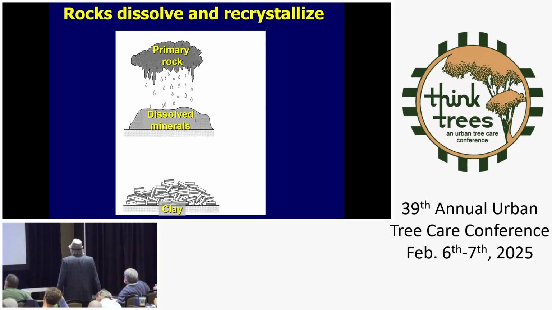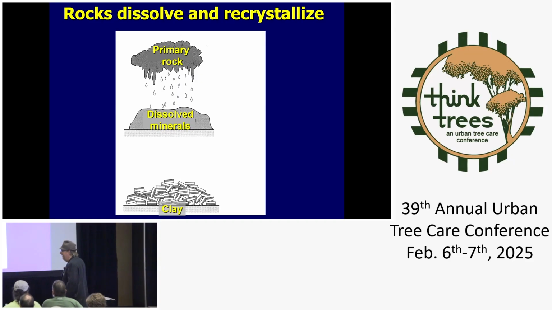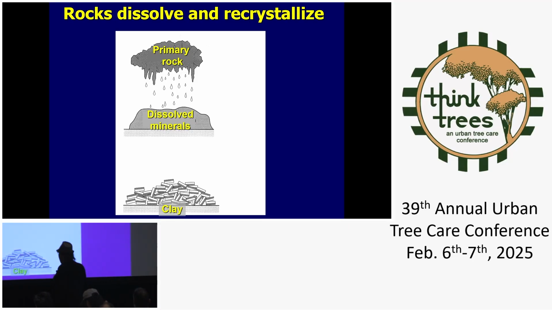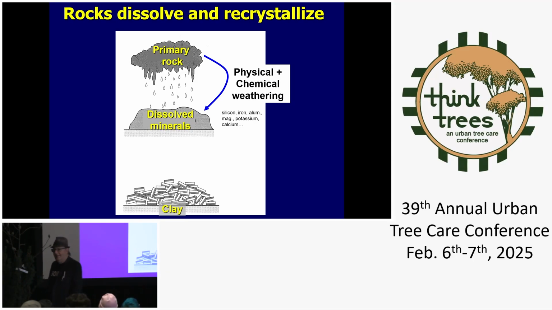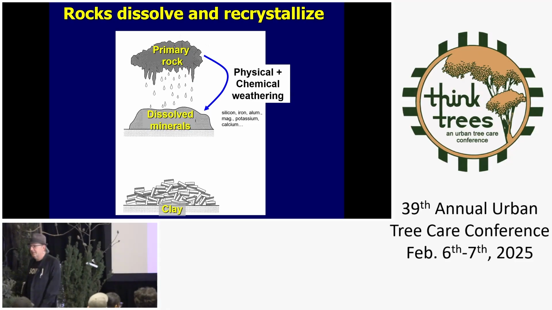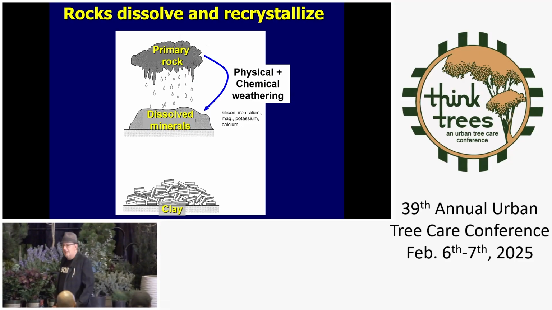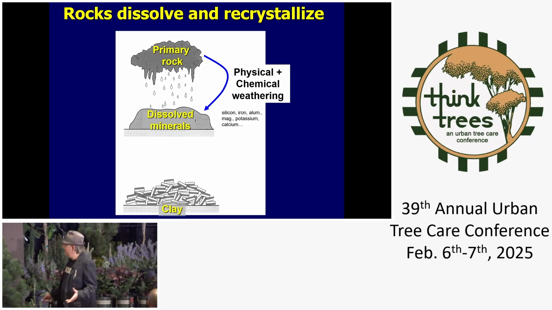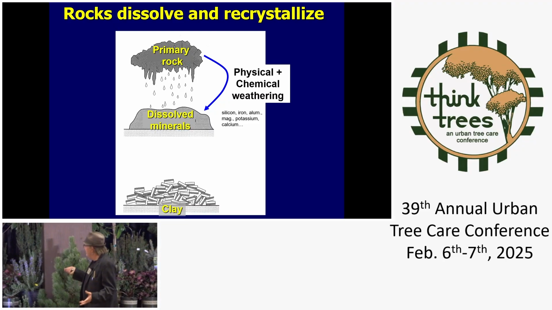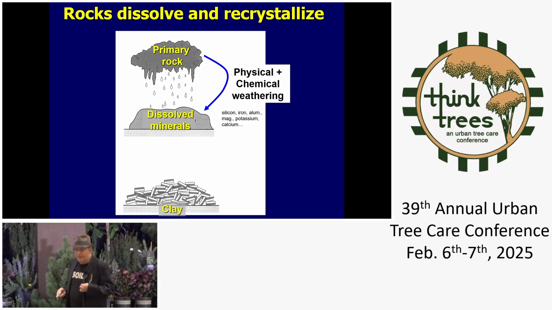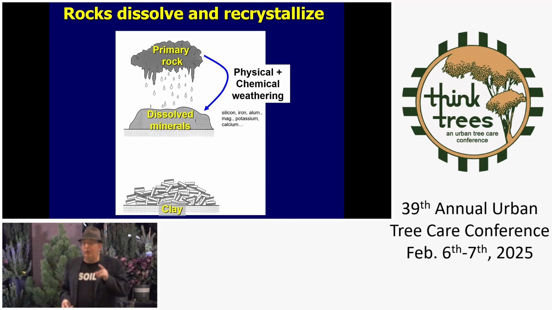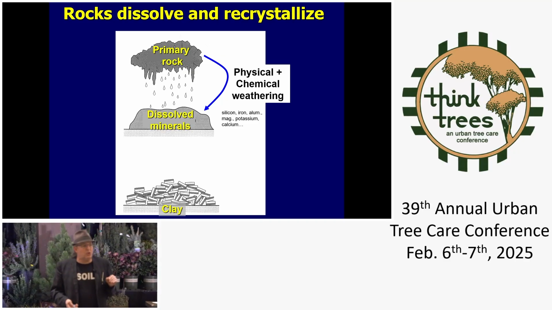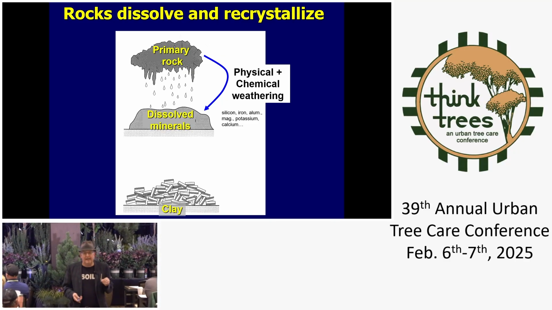So, rocks dissolve in water, and look what dissolves out of them. Nutrients. Potassium, phosphorus, calcium, all of it, right? Dissolves out of rocks, including silica, iron, aluminum, and oxygen, the four most abundant elements in the Earth's crust. And when those four most abundant elements in the Earth's crust encounter each other under the right conditions,